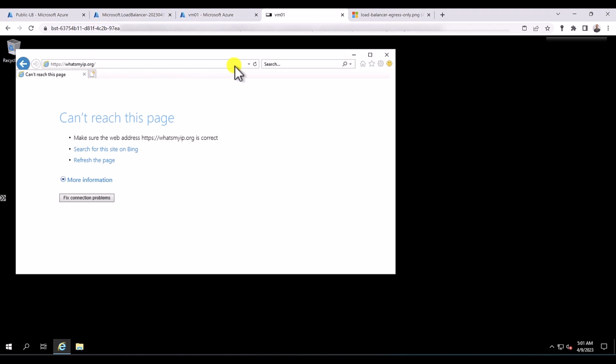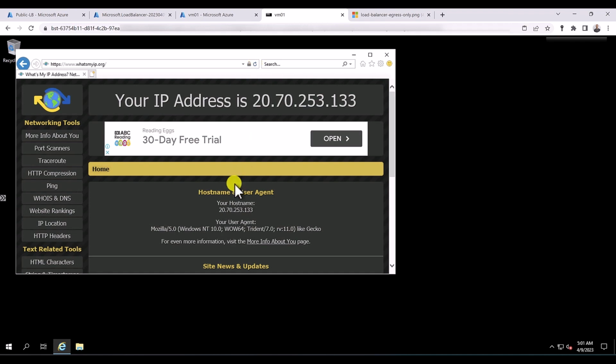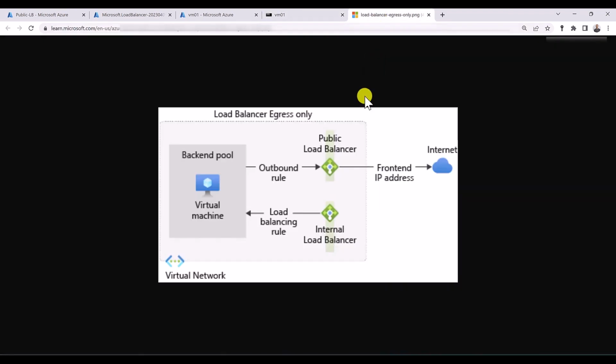Now let's get back to our VM and let's refresh this page. As you can see, we are now getting some traffic because our VM is now able to access the internet through the public IP address of the public load balancer, after we have configured an outbound rule on our public load balancer to allow our VM to get outbound access